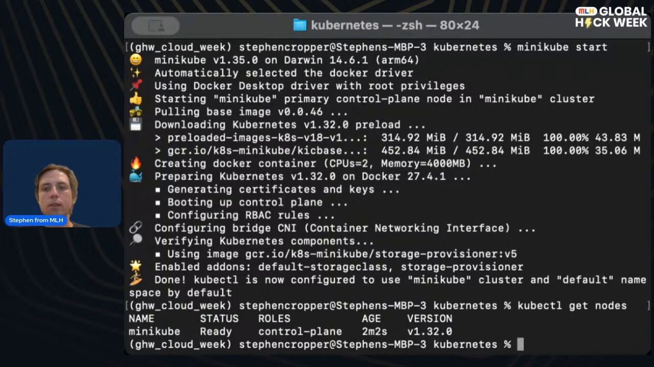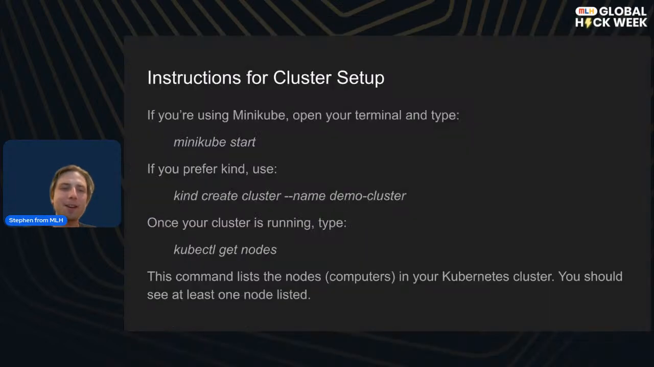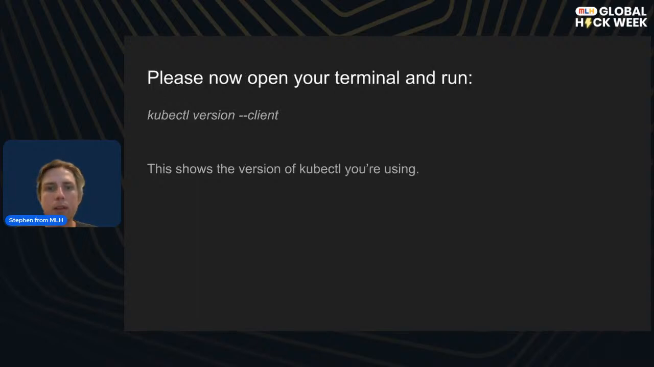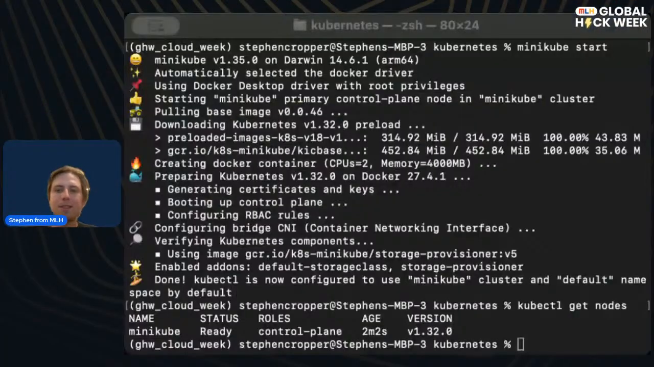But it's ready for us, and it's got its version going. So that's great. We have our cluster set up, and the next thing to do is we're going to open our terminal and run kubectl version --client. That's just so that you can see that